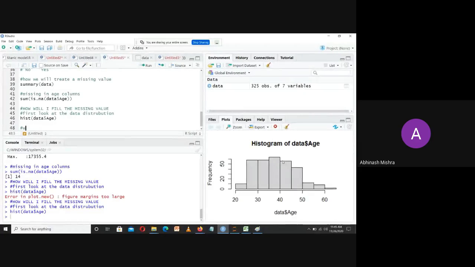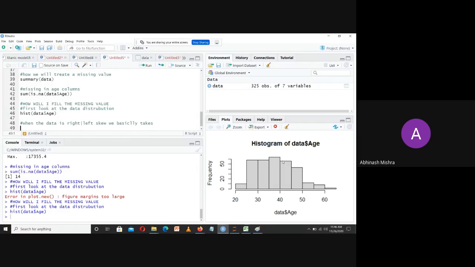So when the data is right skewed, yeah, left skewed, he basically takes the median value to fill out the actual values.